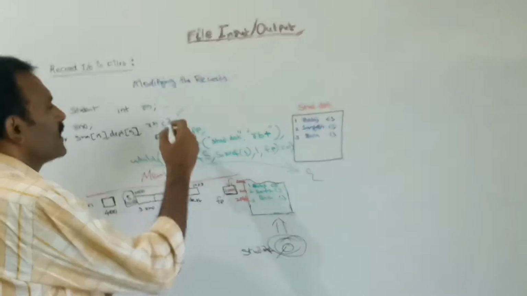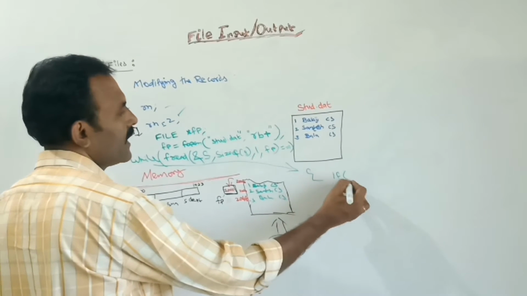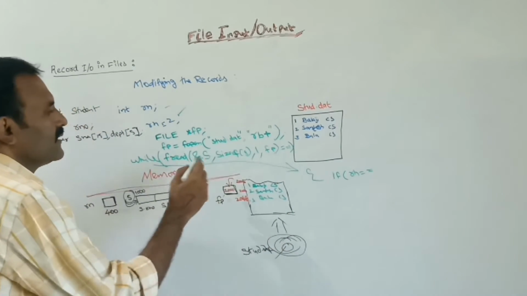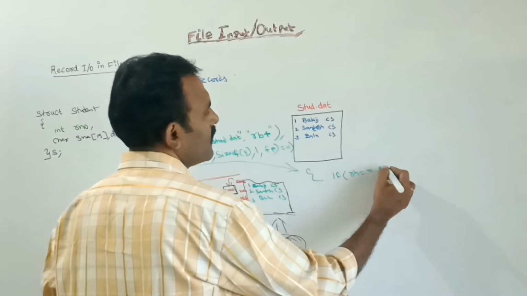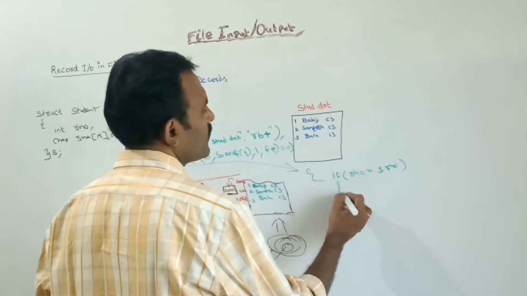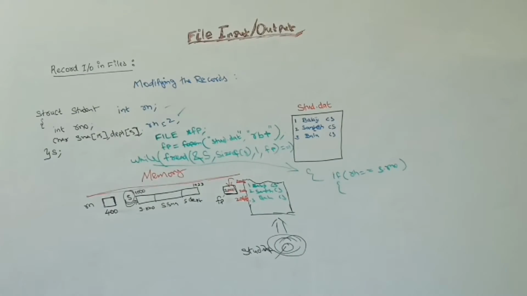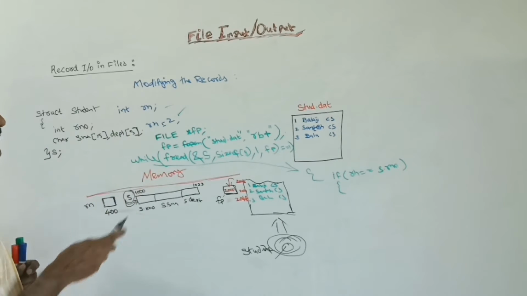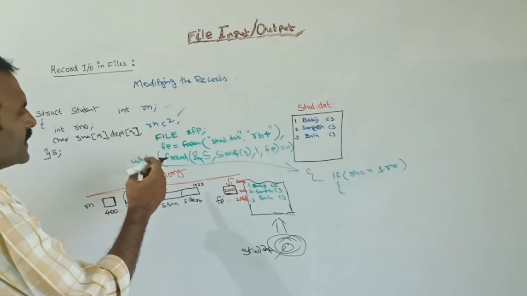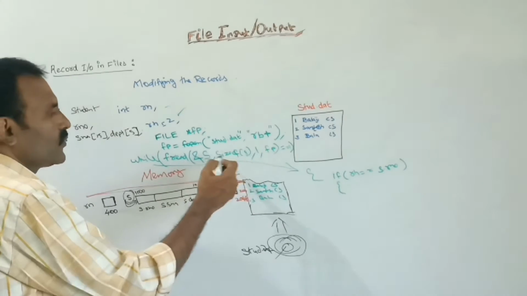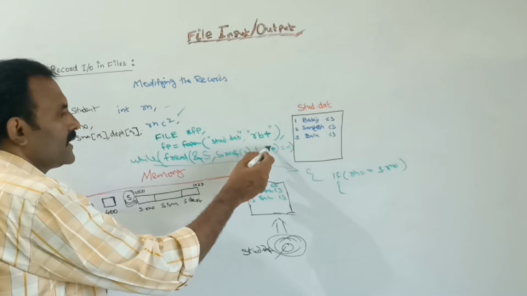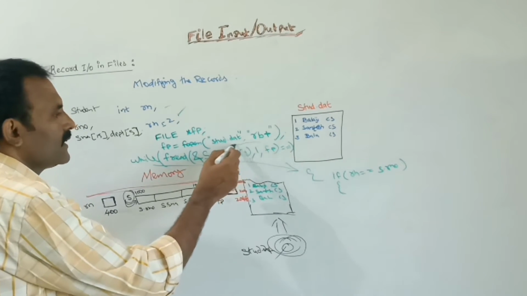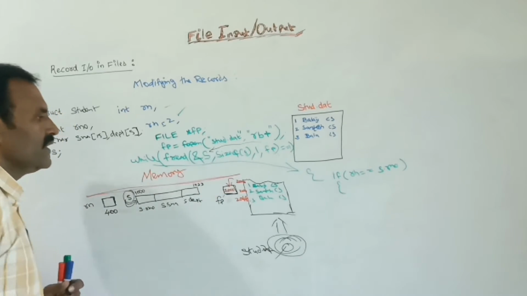I am opening the brace and I am checking. Which one am I checking? This Rn value. By using the if condition I am checking: if Rn value equal to ys dot rno, then I need to modify. So say I had given the Rn value 2. Next, after that in the fread function, you know already, the file pointer is currently fetching some address, and the entire record at that address is stored to the ys variable.